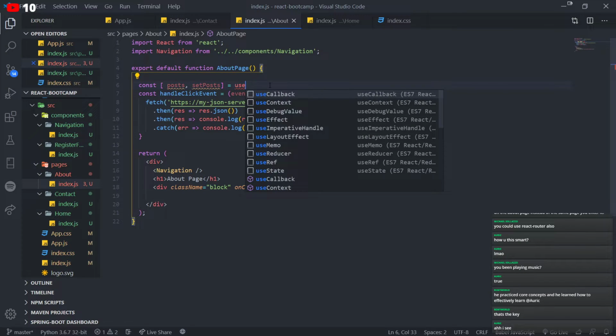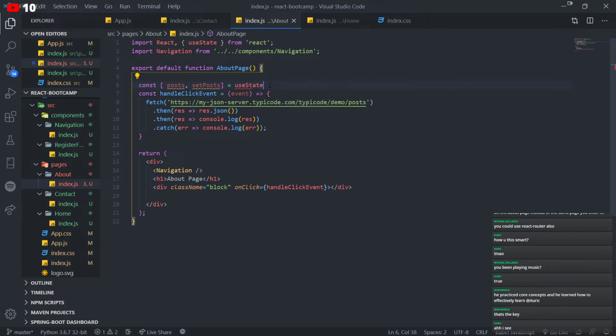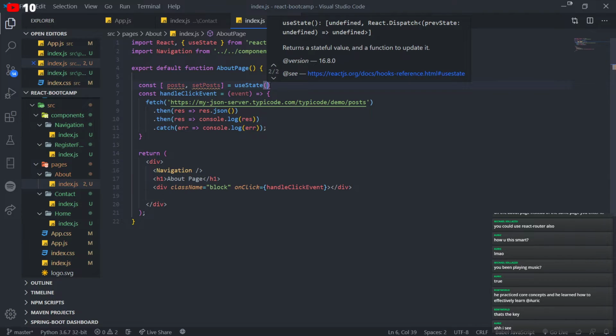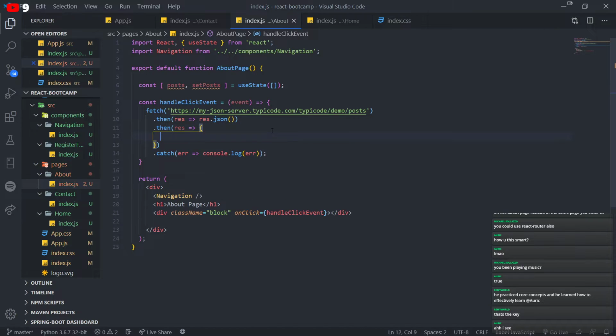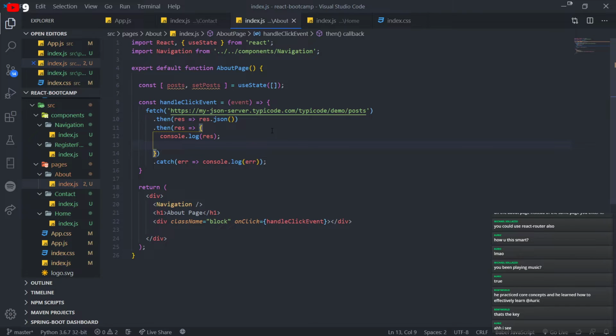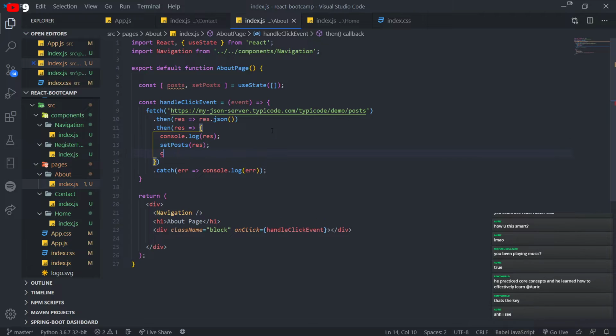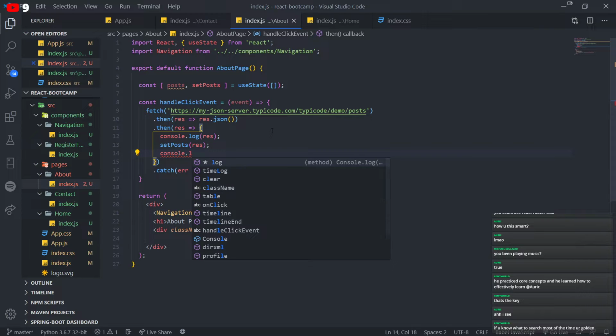Yeah, I think we need to import it. Okay, and we're going to set posts to an array. Okay. So now, when we actually get the data from the database, we're going to go ahead and do this. We're going to log into the console, and I'm going to go ahead and do set posts res. Now if I log posts,